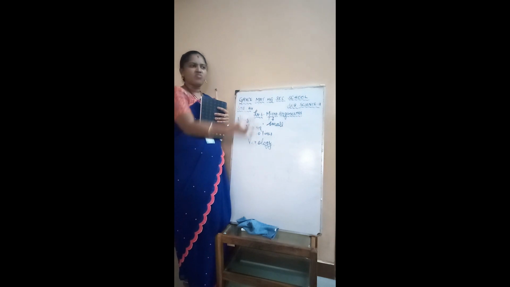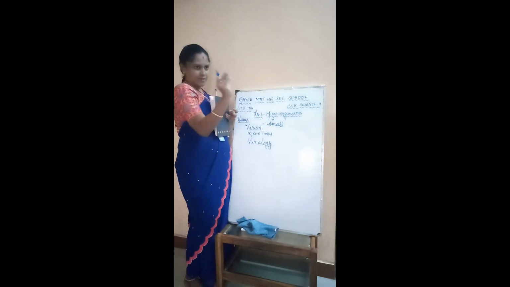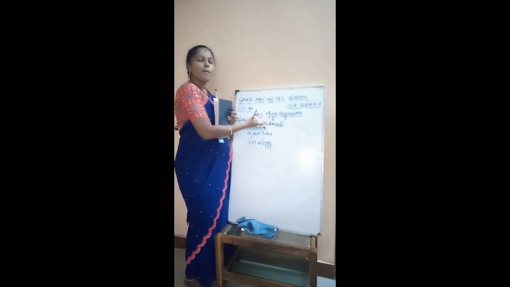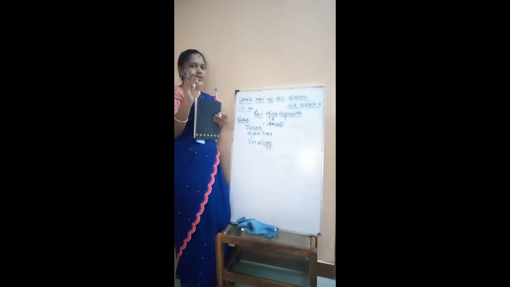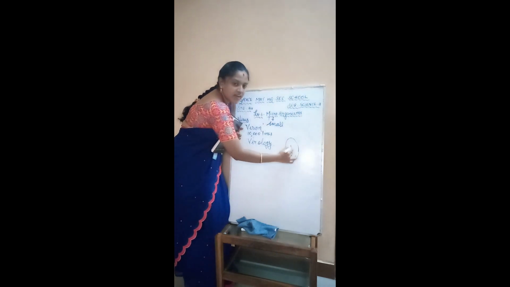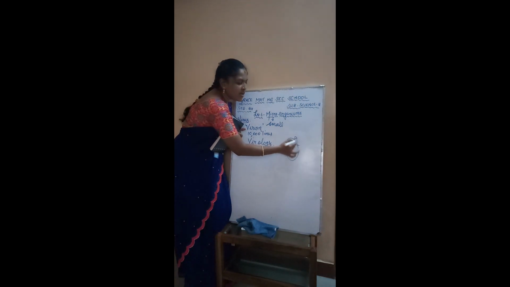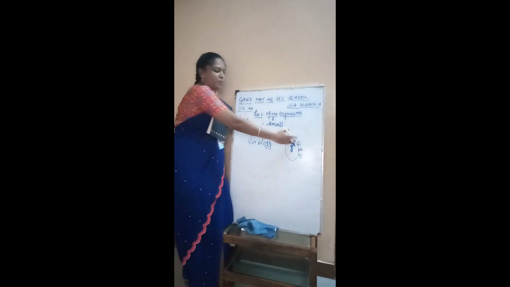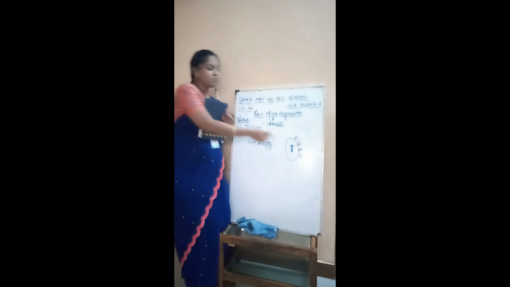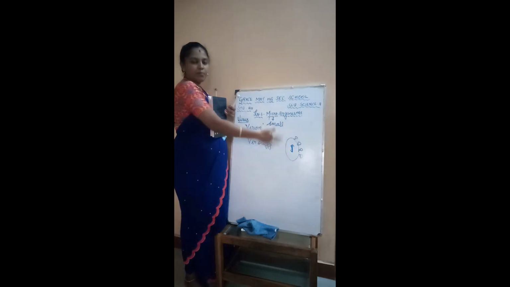So, what is the main cell structure of this virus, children? I told you, this virus always has a poison in it, which is derived from the word virion, which is nothing but poison. So, this virus has a protein coat. Within this, it has some DNA or RNA, and this is called a protein coat. And you can also see some spikes. You know what is the use of the spike present in the virus? It helps the virus to go and attach itself to the host. The host can either be a human, an animal, or a plant, whatever it is.